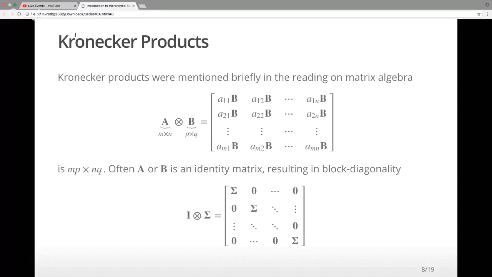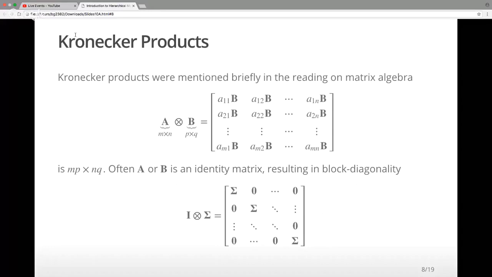So we take the top left element in A, which is A11, multiply it by the p by q matrix B, and then the whole top left block of p rows and q columns results in B scaled up by A11. And then we do it next to that for A12, and we do it below that for A21, all the way down to the bottom, where we take the last scalar in the bottom right of A, multiply it out by B, and fill in the last p by q block in the resulting matrix.